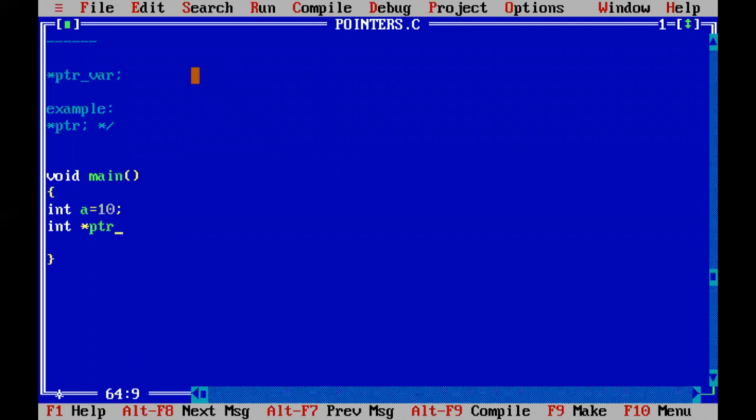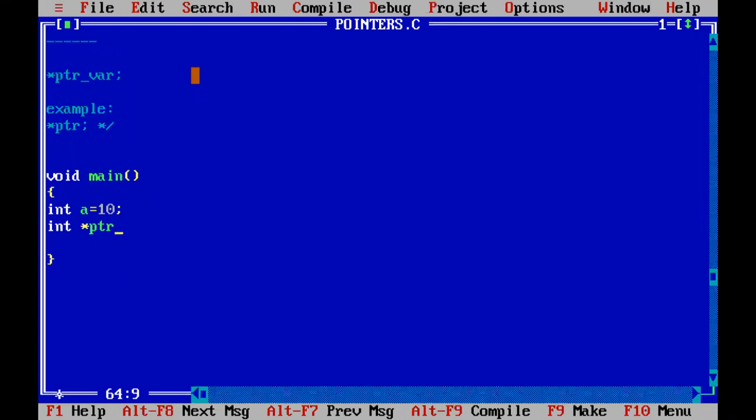To store an integer type variable's address, we have to create an integer type pointer only. If a is a character type variable, we must create a character type pointer only. If a is a floating type variable, we must create a floating type pointer only to hold the address of the floating point variable.